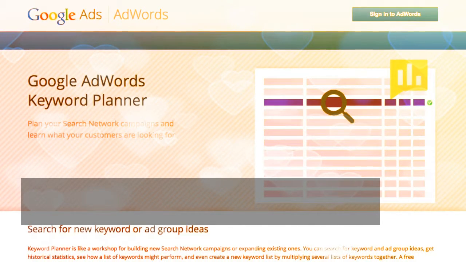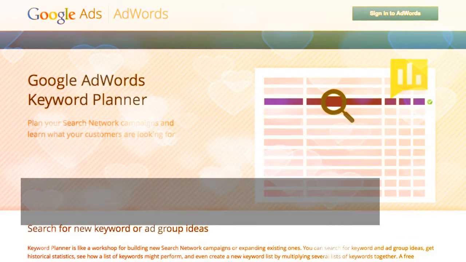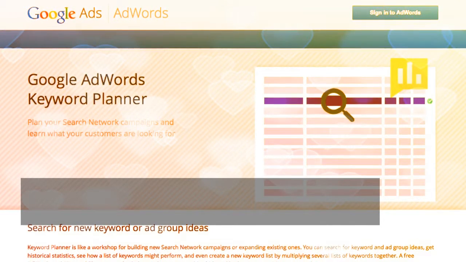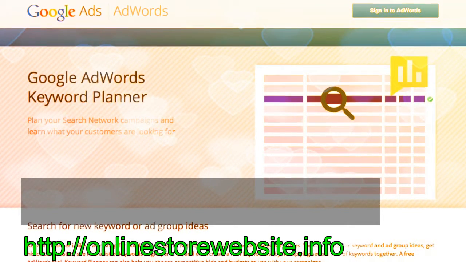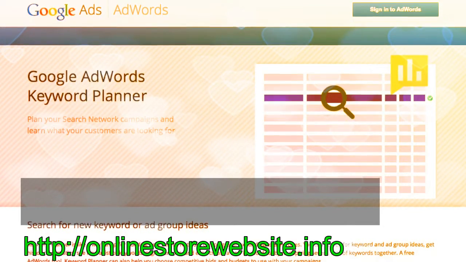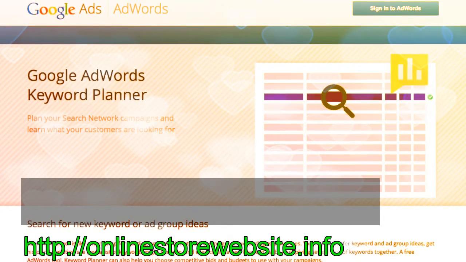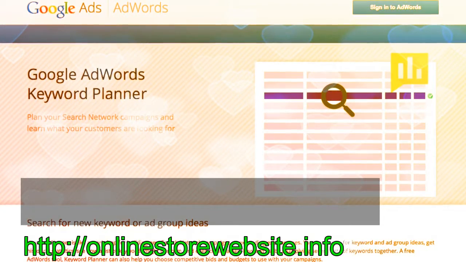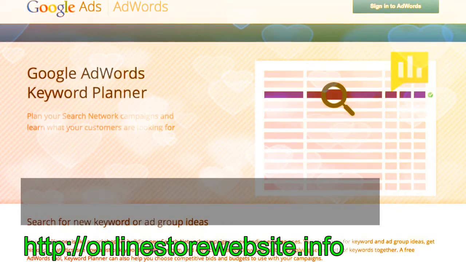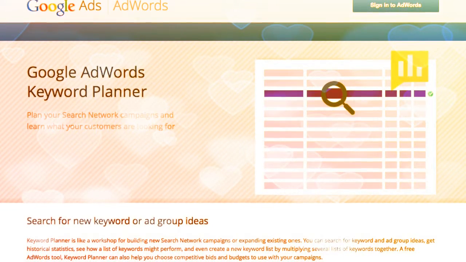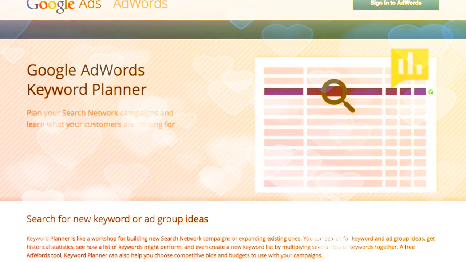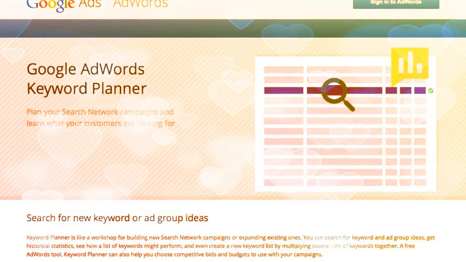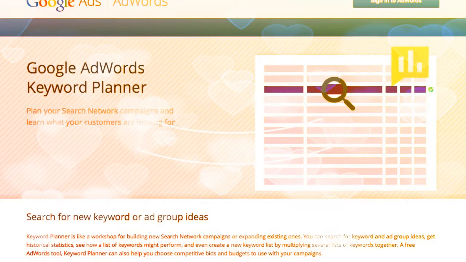Or you can go to www.google.com/sk tool. To use this tool, you will need a Google account. So log in with your Gmail account information, a Google Plus account information to add Google AdWords to your account. If you don't have a Gmail account, then you can sign up for a Gmail account free first before trying to use this tool. So in other words, to use this tool, you will have to sign up as a